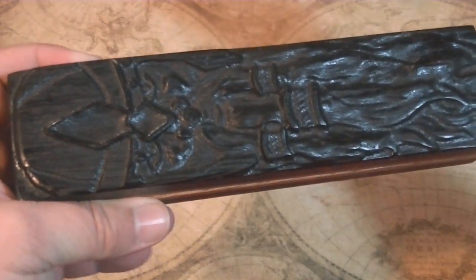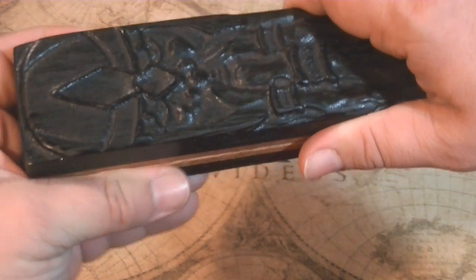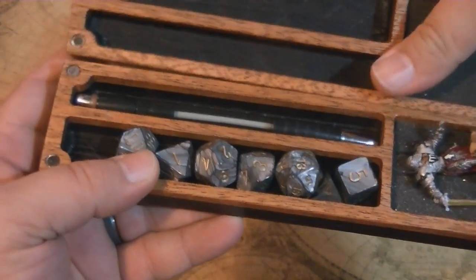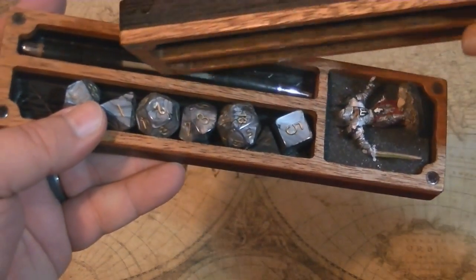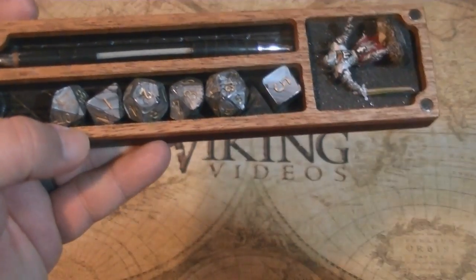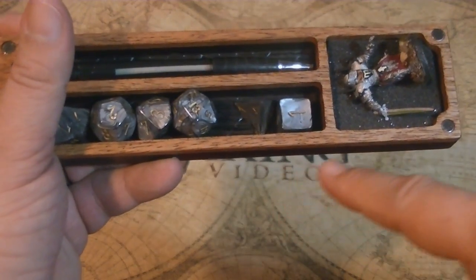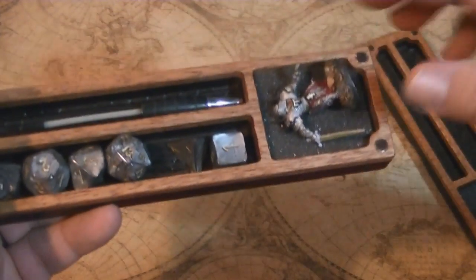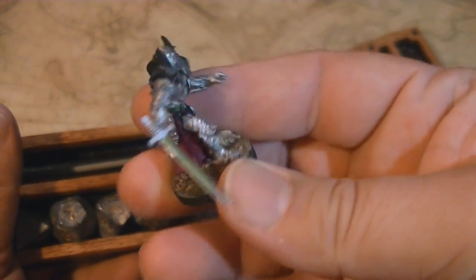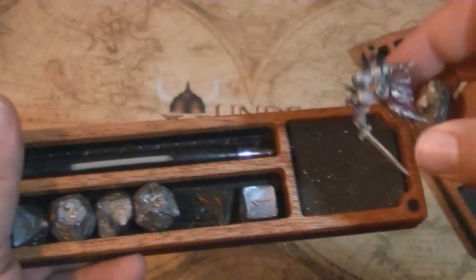I currently have a lawful evil warrior in that campaign named Coronos, and I would just take this off, and you would have everything that I need in here. I have my mechanical pencil, and it fits right in there. I have my polyhedral dice, if you will, and you notice that I have every one of them, including the four-sided right there. And then I have my miniature, and I'm going to humble brag for a moment since I painted this guy, this evil-looking guy, getting ready to deal out some lawful evil justice and pain